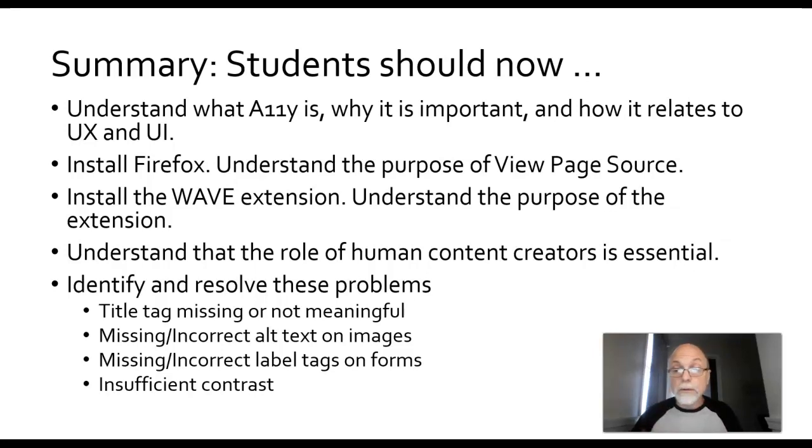So you play the pivotal role here, and you should be able to identify and resolve these problems. Title tag is missing or not meaningful, missing or incorrect alt text on images, missing or incorrect label tags on forms, and insufficient contrast. So in terms of specific things I would ask you to do on a quiz,